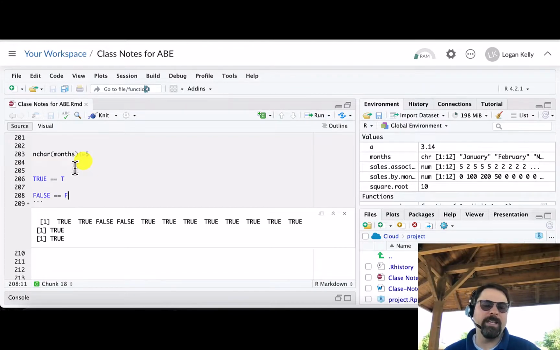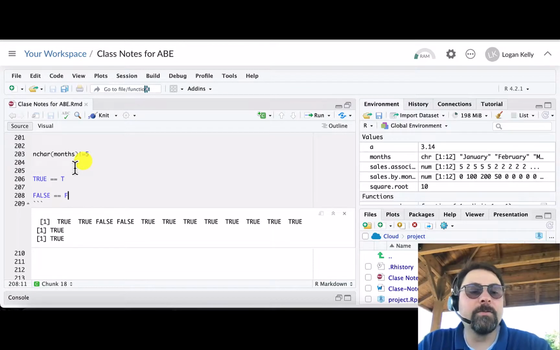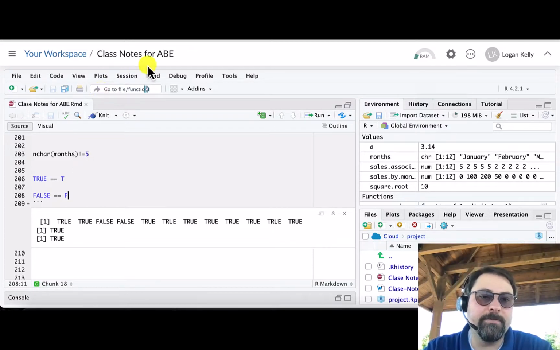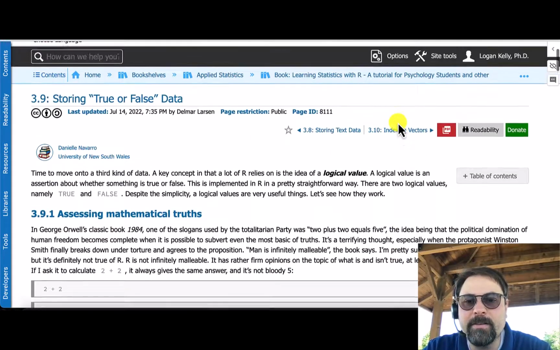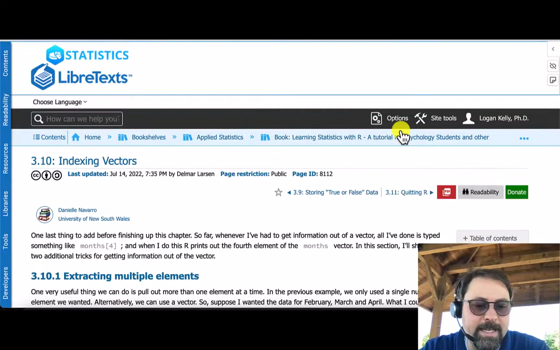And we won't get into huge amounts of this in this class, but in subsequent classes, like for example, if you took econometrics, there's some really useful things you can do with all this stuff. All right, great. And I believe we got one more section to talk about in this lecture, and that's indexing